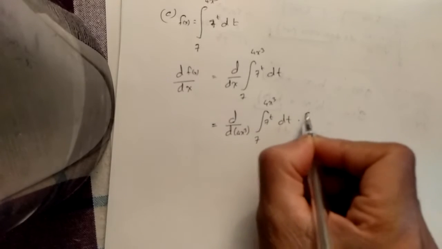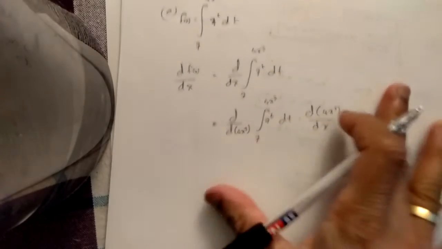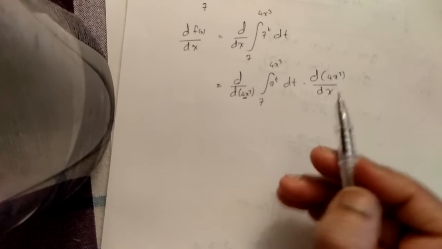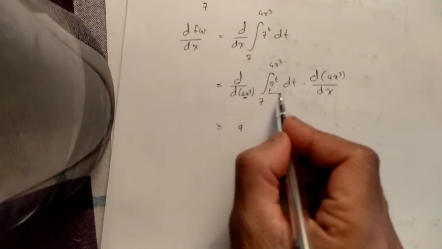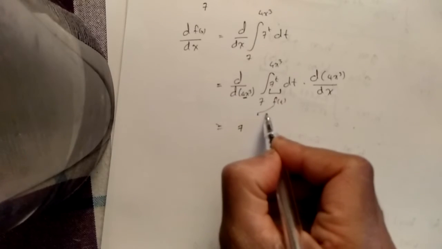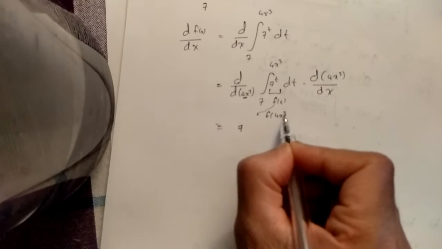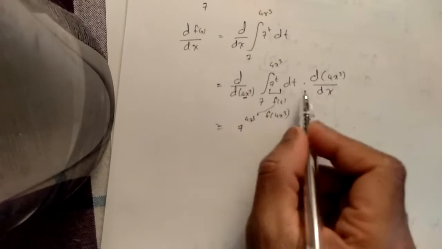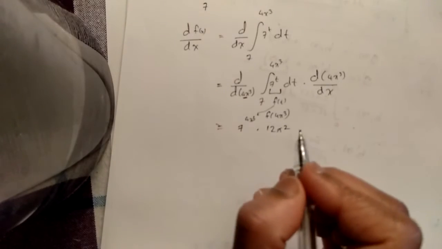70 dt times d(4x cube)/dx, right? Now this goes with the fundamental theorem statement. The same variable you have here is mentioned in the upper limit, and then from the fundamental theorem it says instead of t, now this is a function of t, and from the fundamental theorem you will have the same function but with the appropriate upper variable, right? So this becomes 4x cube times this, when you differentiate this term it will be 12x squared. Okay,